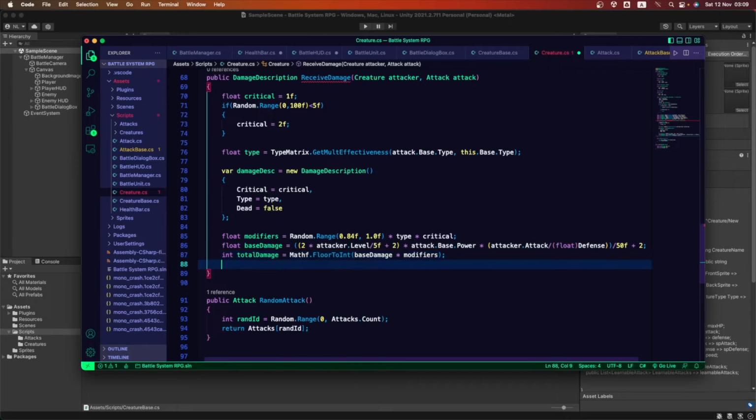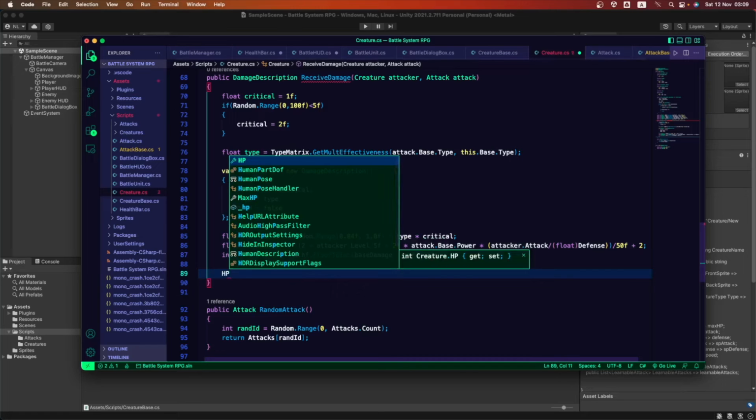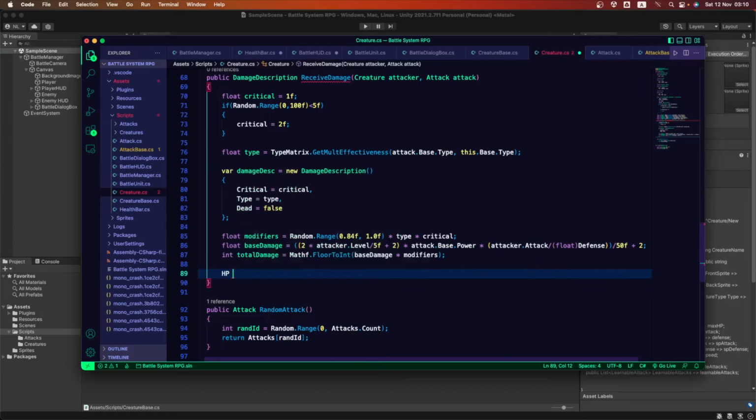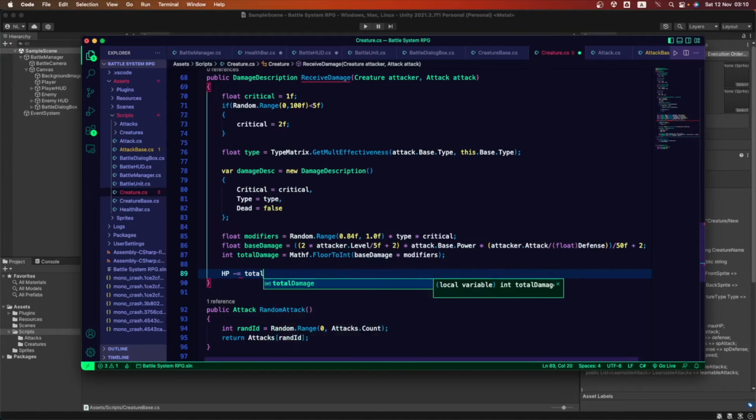After this, now we have our damage. This is already working. This is already looking like something that works. So after that, let's start decreasing the health points. HP is going to be equal, less, and this is the short way of writing this math.